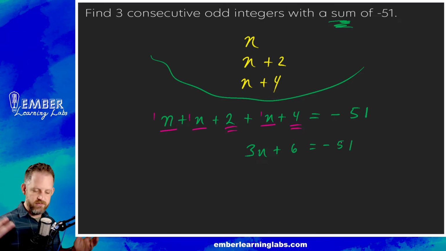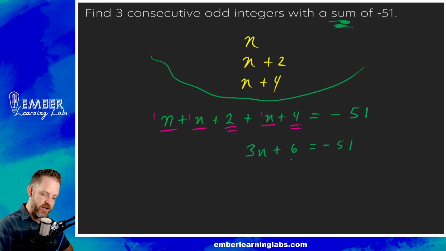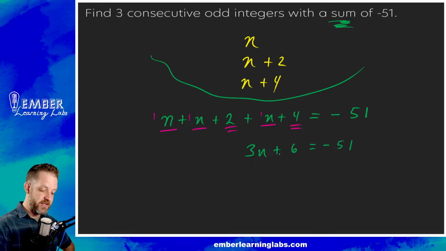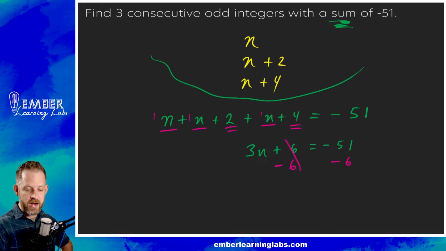So now we're really on just a 2-step equation. It's going to be easy peasy, lemon squeezy. We've got multiplication and addition. The multiplication is not applied to everything, and so we're going to do addition subtraction first. So the 6 is added. To get rid of it, we're going to subtract 6 from both sides. Subtract 6 from both sides. Now this right here is a red flag. I'm going to point this out, that this is a place that you could easily make a mistake. I could absolutely see that happening, and I want to make sure